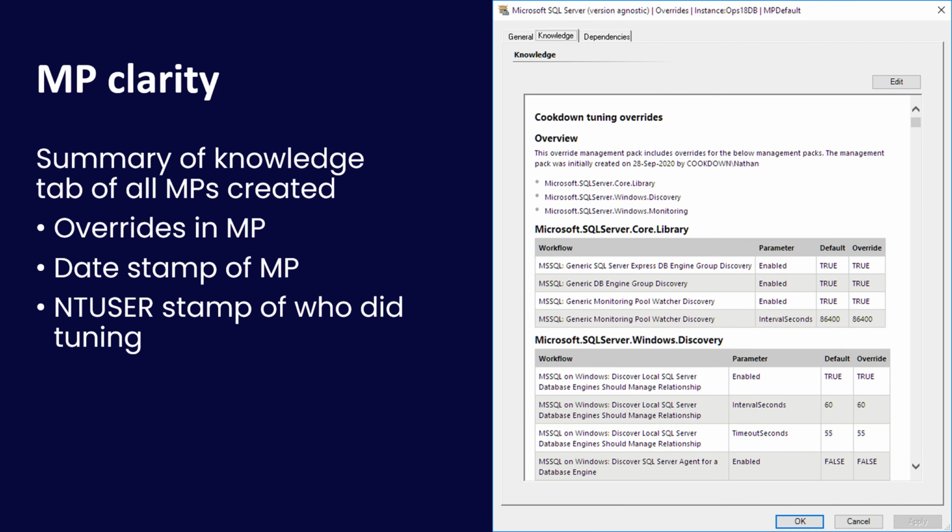the MP. So no longer are you looking at an MP with a mystery name and no knowledge, no description and no understanding of what is in it. You can also tell when it was created and the NT user stamp of who actually did the tuning, which